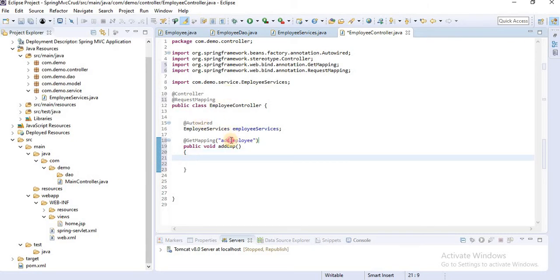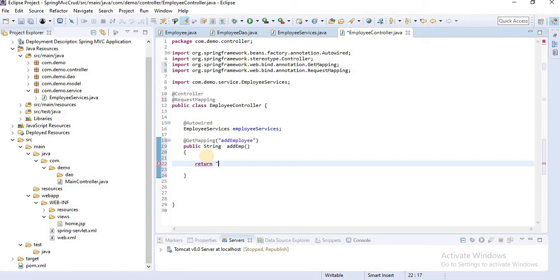This URL's work should be that when I hit this URL, an employee form opens. So we have to return that string, return add employee.